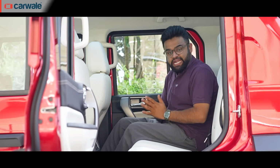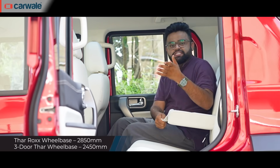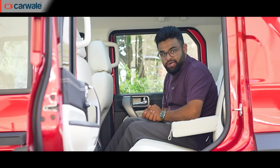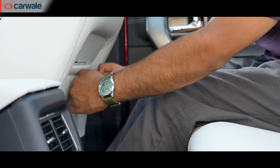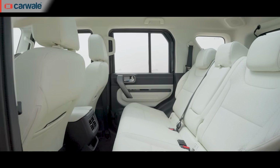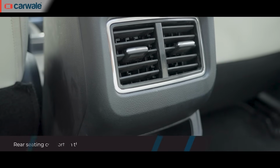Honestly speaking, it is surprising how comfortable this rear seat is. Now, I was expecting this seat base to be quite short, therefore lacking a bit of under-thigh support, but you know what? That's certainly not the case. There's more than enough legroom, and the headroom is pretty good as well, especially given you got a big panoramic sunroof. In terms of other features back here, you have a folding armrest with cup holders, rear AC vents, and